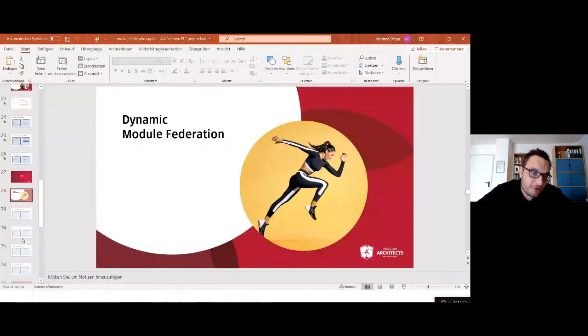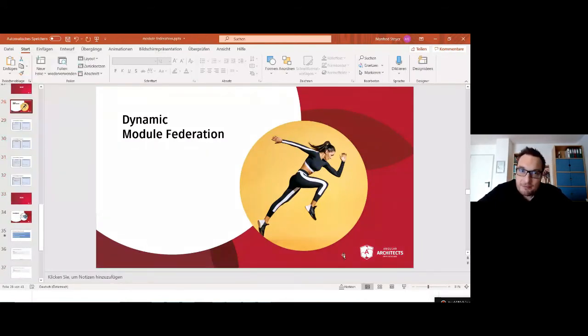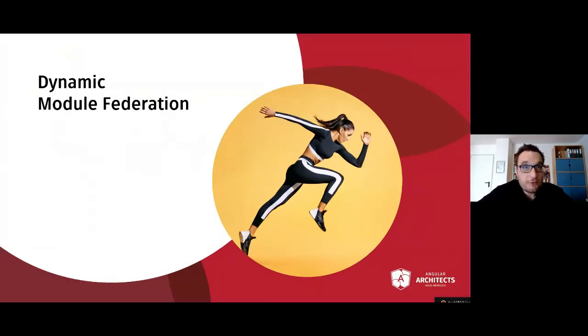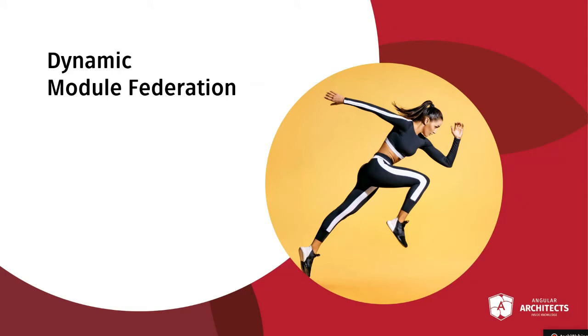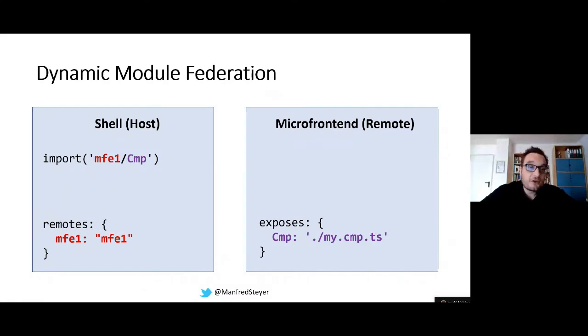Okay, great. So we have plenty of time I've seen, so let's also talk about dynamic module federation. The current version of module federation is assuming that all the microfrontends are known at startup of the application, at the startup of the shell. But you can even go one step further. You can load everything just on demand dynamically, which is what I'm calling dynamic module federation. When you go with dynamic module federation, your shell does not need to know the remotes upfront. You don't need to configure them when you compile your shell.